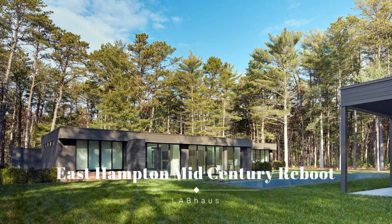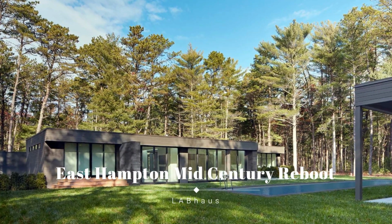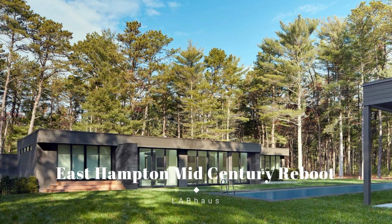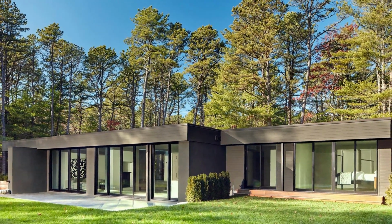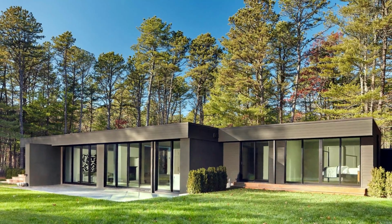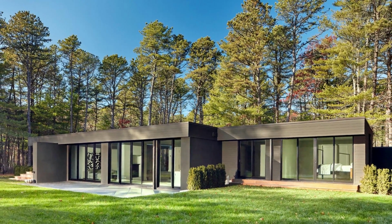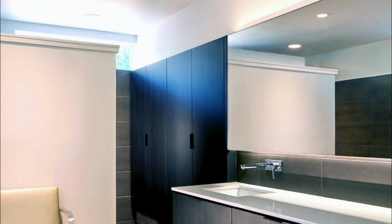In the woods of East Hampton, architectural innovation thrived post-war. Originating as a modest experiment in the mid-1970s, a small three-room home fell into disrepair due to drainage and structural issues, succumbing to rot and mold. Rather than demolishing it, LABhaus opted to revitalize and expand the structure, transforming it into a stunning horizontal estate nestled